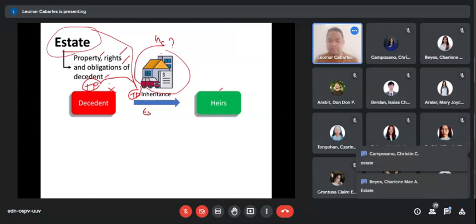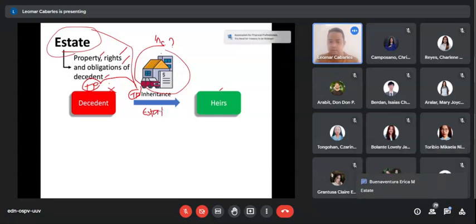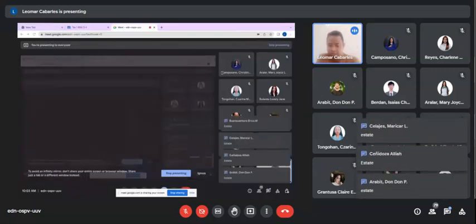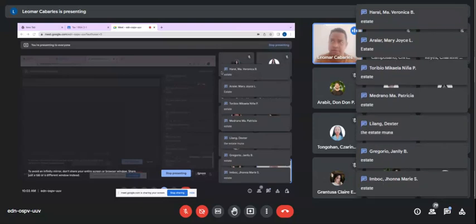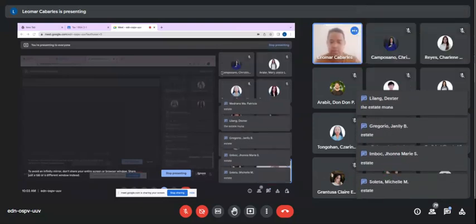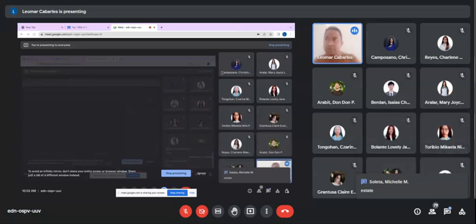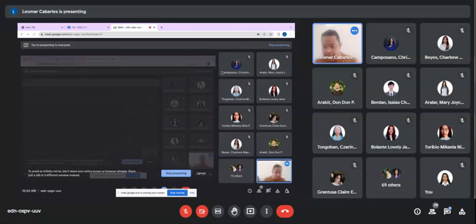So who is now the taxpayer? The decedent pa rin? The heirs diretso? Or yung estate muna? Ang sagot, yung estate muna. This makes sense. Bakit? Hindi na si decedent because decedent is no longer around. Hindi pwedeng si heirs diretso kasi hindi pa naman talaga siya yung may-ari. Kasi we're assuming, no? It's under settlement pa. So during the intervening period, prior to the transfer, yung mismong estate, yung mismong property,